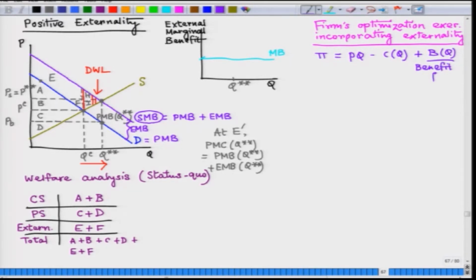right, and this is the external benefit we are talking about. So, if we can internalize externality in this manner, then the firm's first order condition will become, right. So, if we set that equal to 0, then we get this first order condition, which is